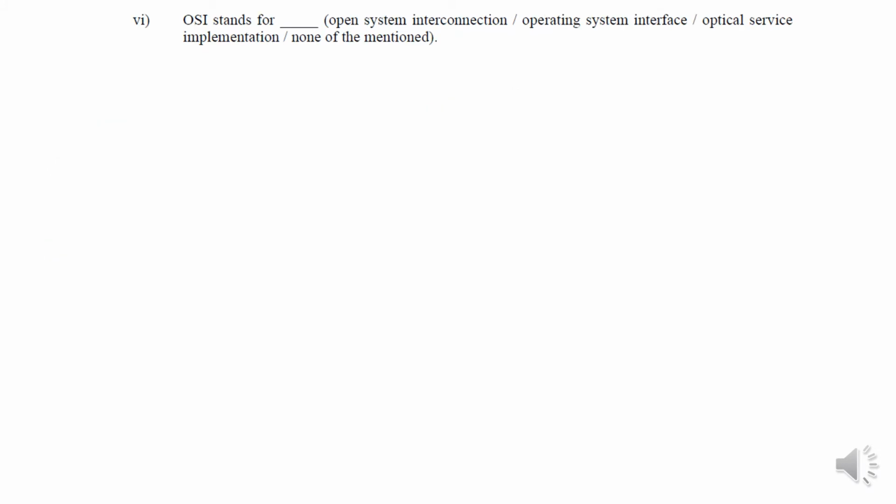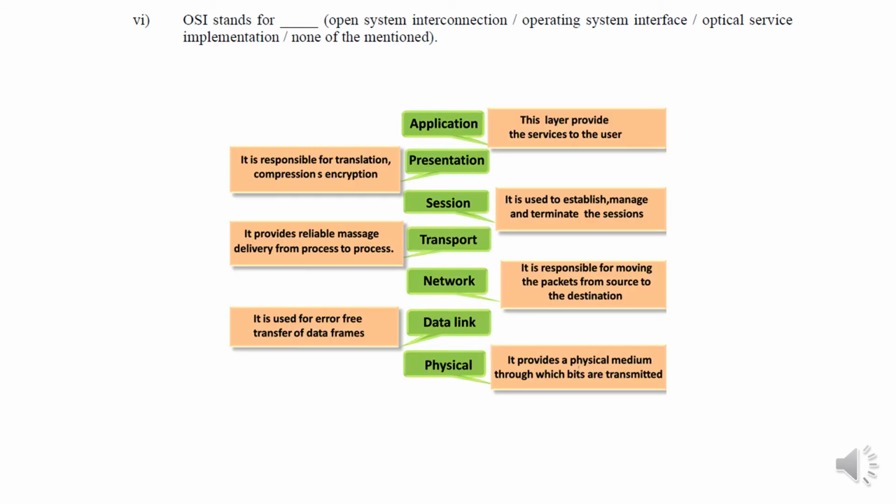OSI stands for... let's see what is the OSI model, and why this model is used. The OSI model is developed by ISO, the standardizing body, the International Standards Organization, and they standardize the protocols: how one system or one computer will connect or communicate with any other